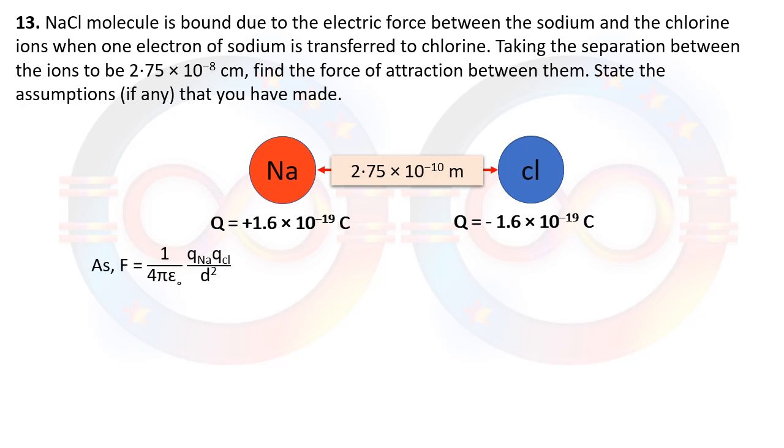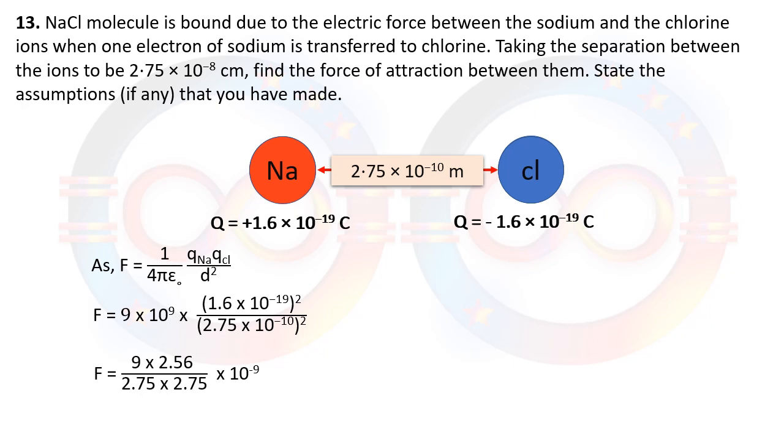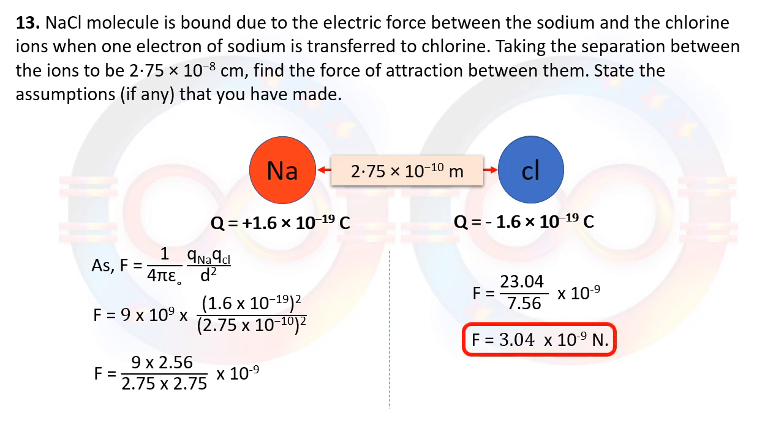Now to calculate the force, we have again the same formula, 1/(4πε₀) times the charge on sodium times the charge on chlorine upon distance squared. That is 9 × 10^9, the charge on both the same but opposite in nature, so (1.6 × 10^-19)² over the distance squared. On simplifying, we get the force as 3.04 × 10^-9 Newton,